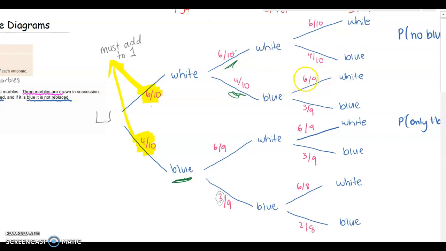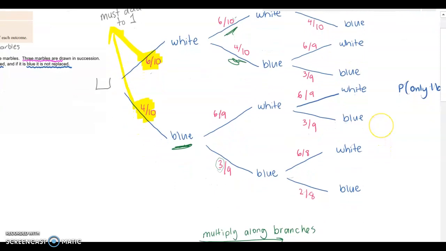So we would still have 6 of the white because they are put back in, but we'd have 1 less than that 4 for the blue and we'd only have 3 left. Going down, have a look what happens down the bottom. Again, if we'd drawn a white here and a blue previously, we'd still have that 9 on the bottom because this blue wasn't put back in, but the white was, so that 9 is the same as this 9 here, so that this white was placed back in. So we would still have 6 white, but we would only have 3 blue because we'd already taken a blue